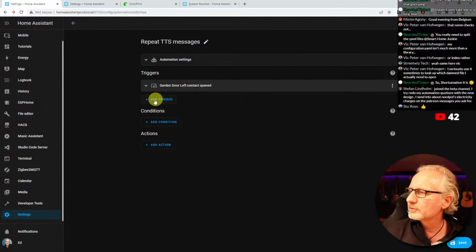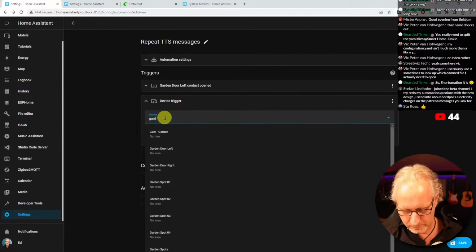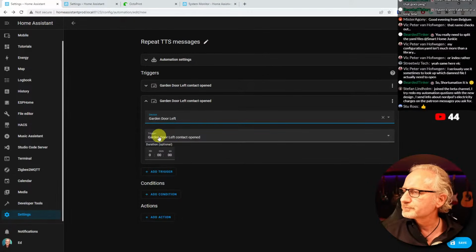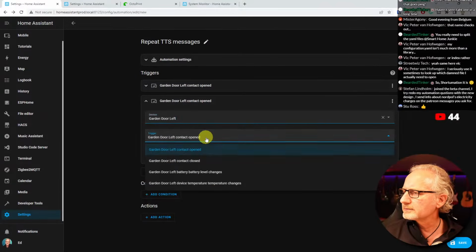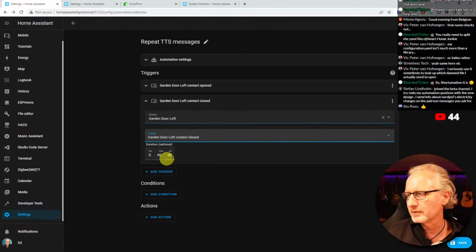And now I'm going to add another trigger on device, garden door left again. And I'm going to say garden door left contact closed. And that is that. I'm not going to set it on